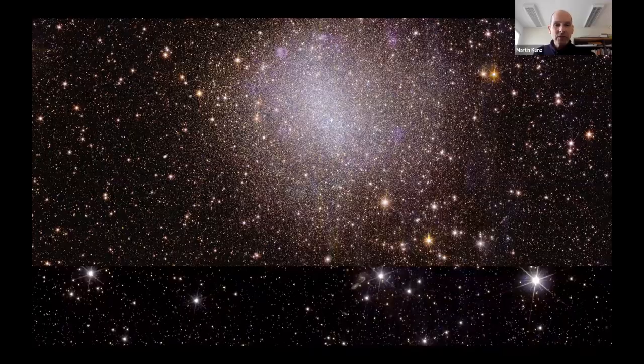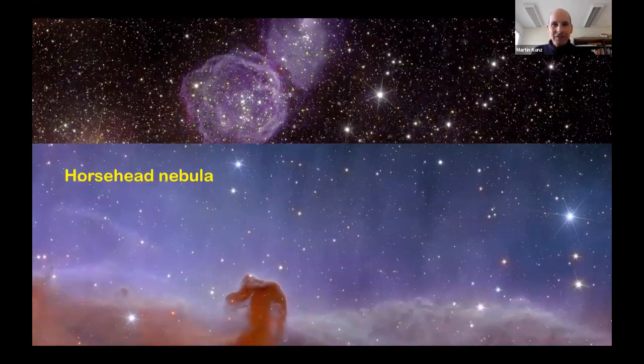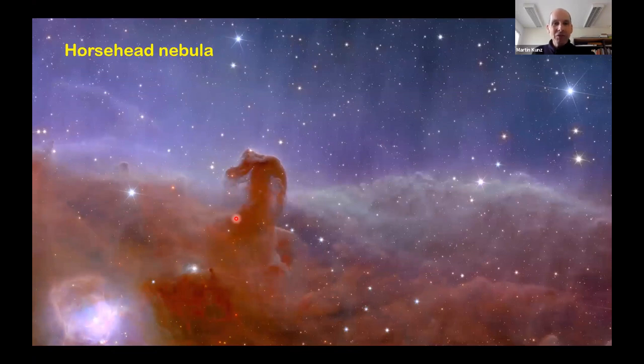And so here you see some supernova remnants. And if you look closely, it's maybe a bit difficult over the zoom, you can see again all of these background galaxies that are Euclid's real target. And then one of my favorite images of the early images, of course, that's a very famous image, the Horsehead Nebula. And so if you're an amateur astronomer, this gives you another idea of the size of the focal plane